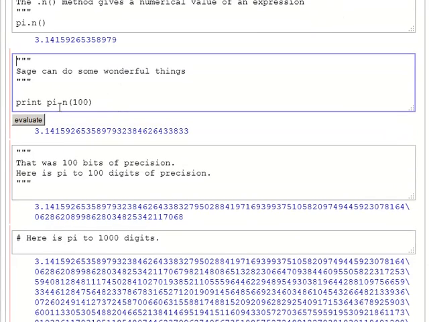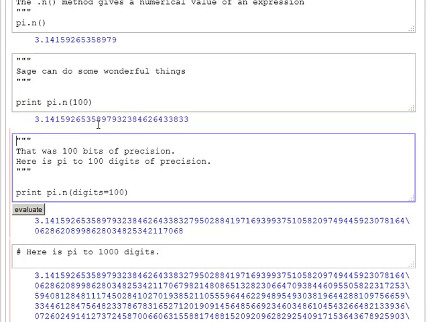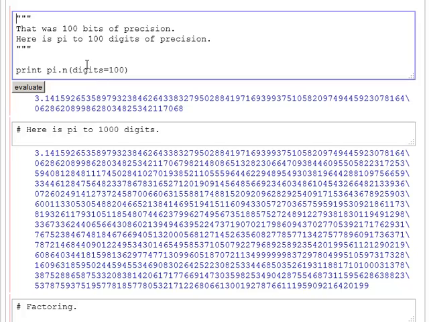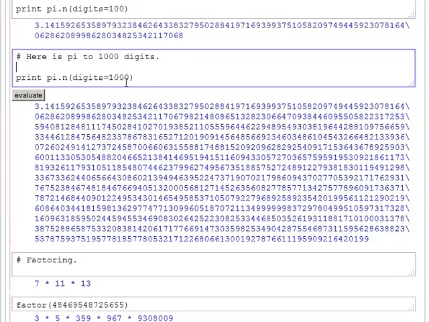All right, but what if I put print pi.n 100? What it's going to do is print out 100 bits of precision. And if you take the bits, 2 to the 100th power, it'll come out about 30 digits, and that's about what you have here. Okay, so that's what that means. Now, if you actually want 100 digits, you'd say print pi.n digits equals 100, and you actually get 100 digits. And in fact, if you say here's pi to 1,000 digits, I put print pi.n digits equal 1,000, and